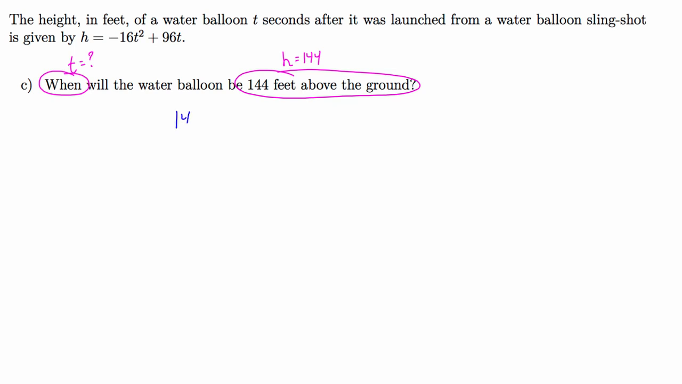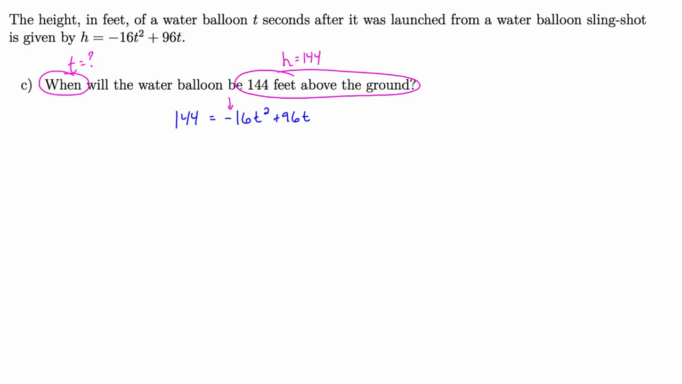Substituting that 144 in for h, we get 144 equals negative 16t squared plus 96t. To solve this equation by factoring, we need to set the equation equal to 0. We have two ways we can do this. We could subtract 144 from both sides, or we could bring the two terms on the right side over to the left. My usual method is to try to avoid having a negative leading coefficient,